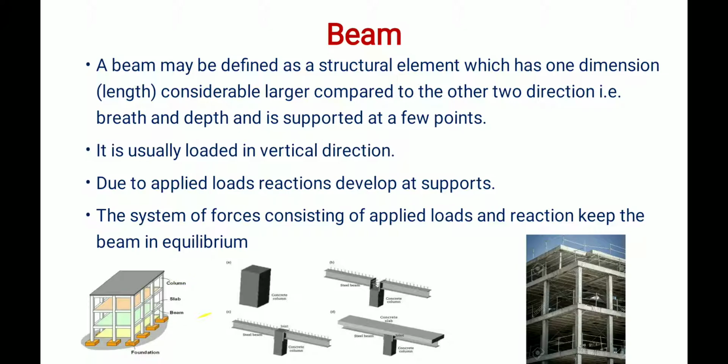column, beam and slab. Beam means it's a horizontal member. Column means it's a vertical structure. This beam is used for carrying loads in the vertical direction. So you see these beams carry the vertical loads. In the beam only, we load the other materials. Here the slab is there, no? The slab is fixed with the beam only.